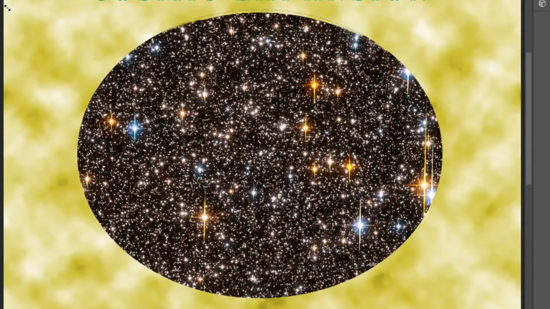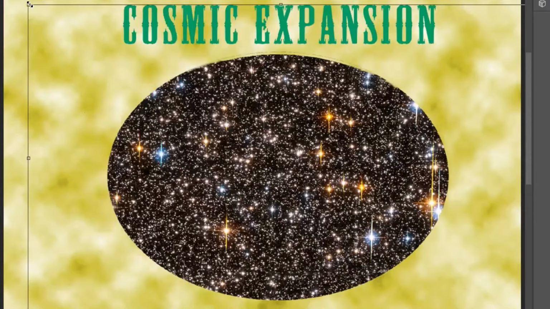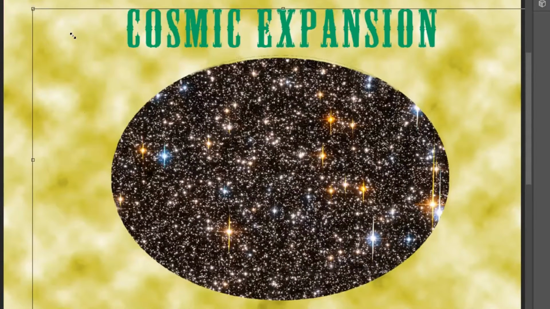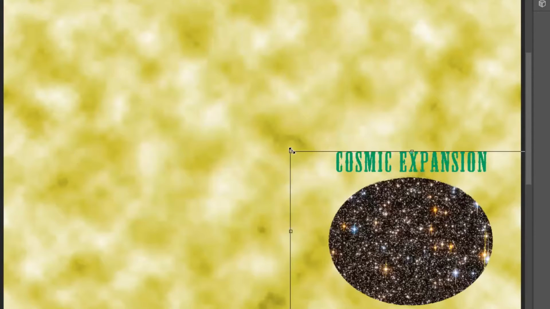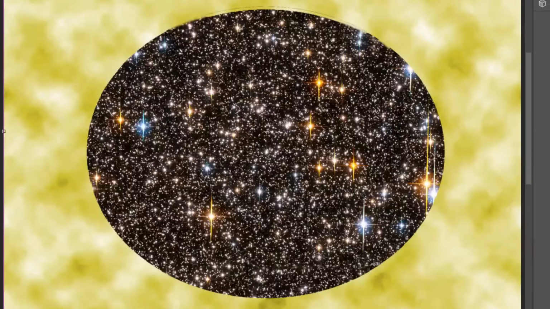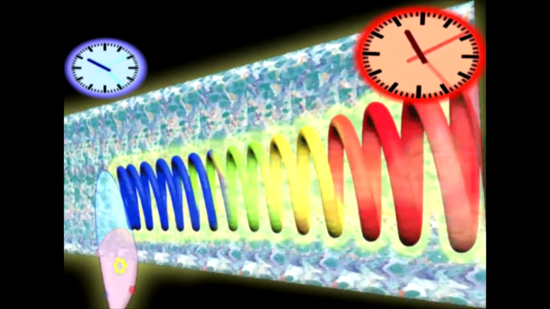So this is showing an outside dimension, which is colored in yellow. And we know that dimension must exist. Why must it exist? Because otherwise, if the universe were to expand or shrink due to cosmic expansion, and this is what we call it, there would be nothing for it to be expanding relative to. So this coordinate system, this larger coordinate system, must exist. And this is what I'll be calling the fourth dimension, or the ethereal dimension.